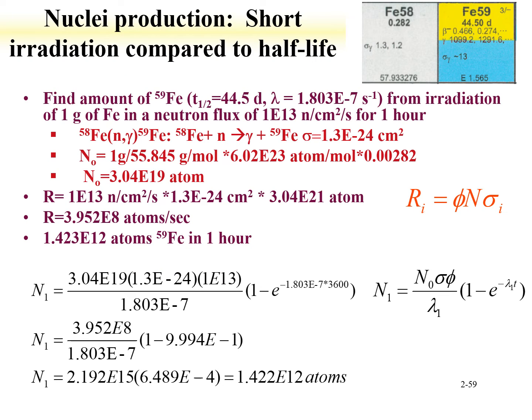Let's compare these two equations in two different scenarios. One where the irradiation time is short compared to the half-life, and one where the irradiation time is long compared to the half-life. So for our first example, let's use a reaction to make iron 59, this isotope with a 44.5 day half-life,